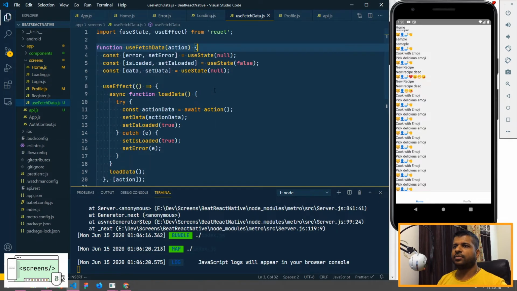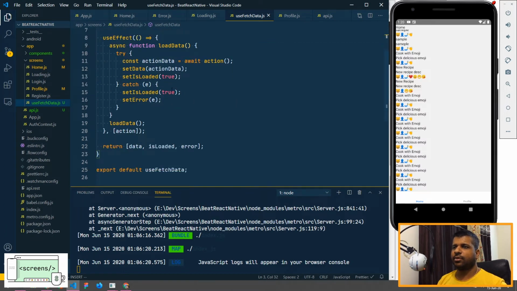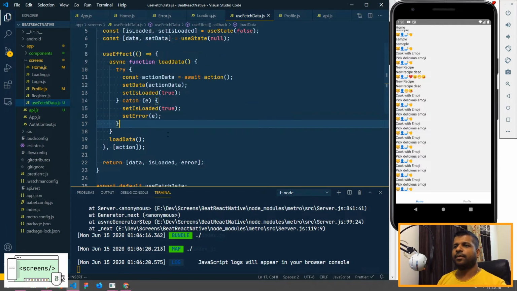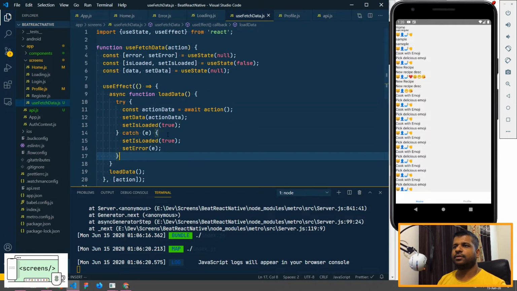So action is basically the API call which we are going to make. I'll show you in a moment how we are going to use it. So it will await the action, and when we get the action, we'll change the flag to set loading as true. And if we get any error, we need to set the is loaded to true and set the error to E. Okay, so this is cool.